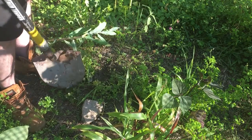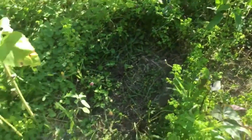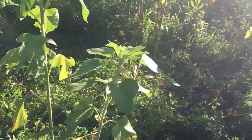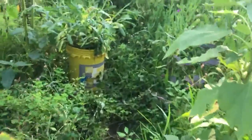It's less than ideal. It's almost like putting topsoil on a parking lot. And I wasn't about to spend money to bring in manure or soil, so I did the Masanobu Fukuoka method. But going back here, as you can see,